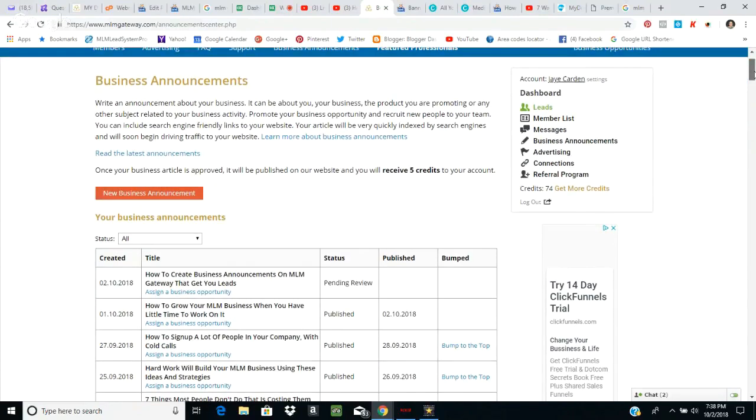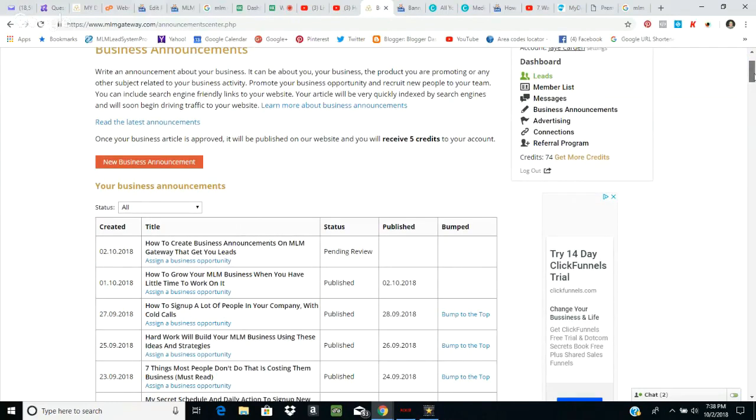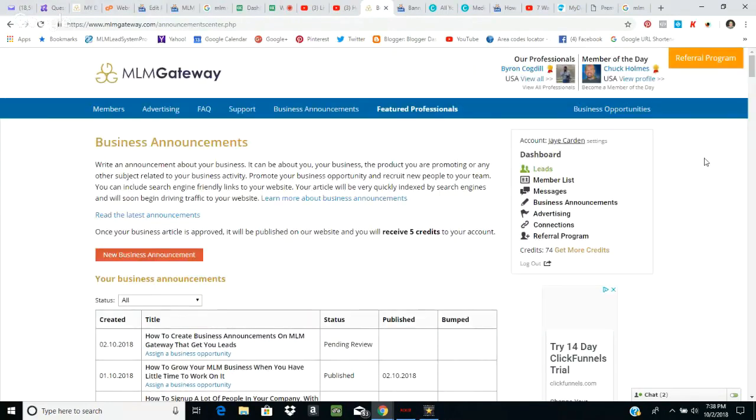So guys, if you follow this formula, really you could spend not even maybe half an hour on MLM Gateway a day and get 1 to 3 new team members every month on just half an hour a day. It's not too bad. So hopefully you got some value from this. Maybe you learned some new things. If there's anything else I could share, I would. One thing I will share is, with leads,